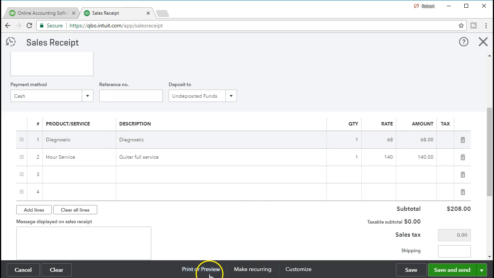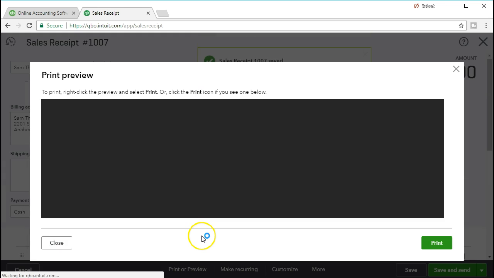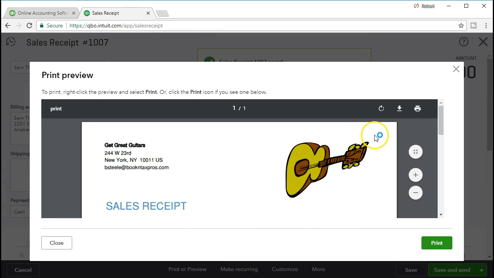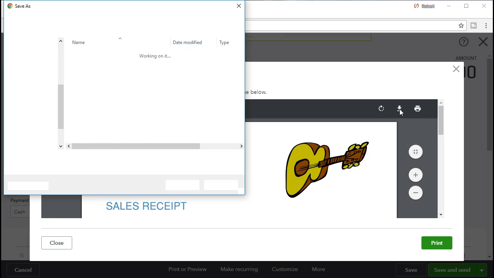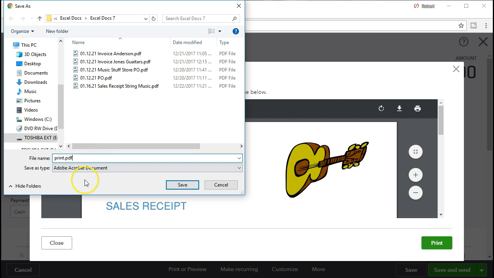So let's print this out, and then we're going to go and check out the financial statements. So we'll go to print or preview, and we will print or preview this documentation. Then we're going to download this information and save this to the place where we want to put it on our desktop. Date's going to be 01/16/21,